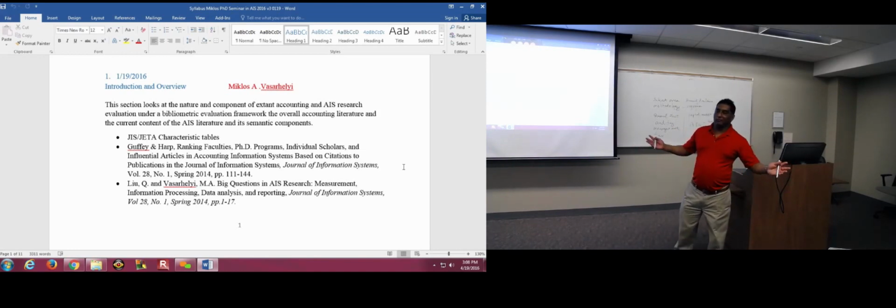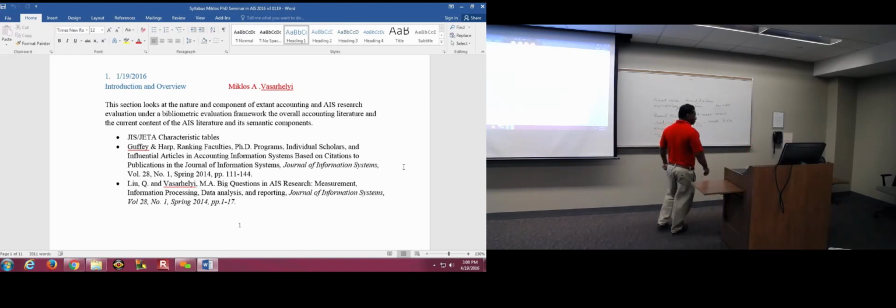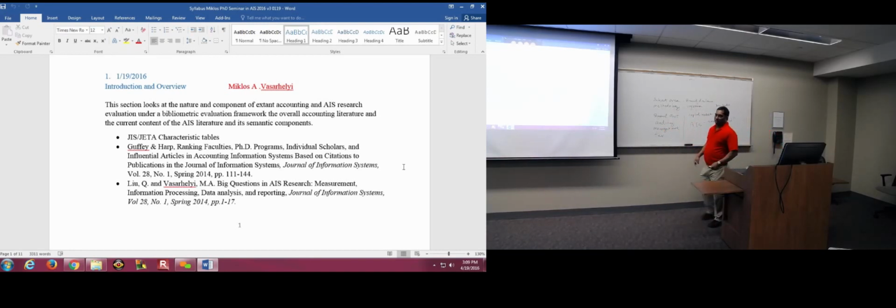Now, accounting by itself is not a very large field. The American Accounting Association, which is really a global accounting organization, not just American, half its members are foreign, has I think 9,000 members or something. In contrast, something like the American Economic Association probably has hundreds of thousands of members, certainly tens of thousands. So this is a small field that you're getting into, and AIS is a much smaller field within it. If you're talking about the research active faculty, it's less than 100, the people you would routinely see writing and publishing papers, the leaders in the field.